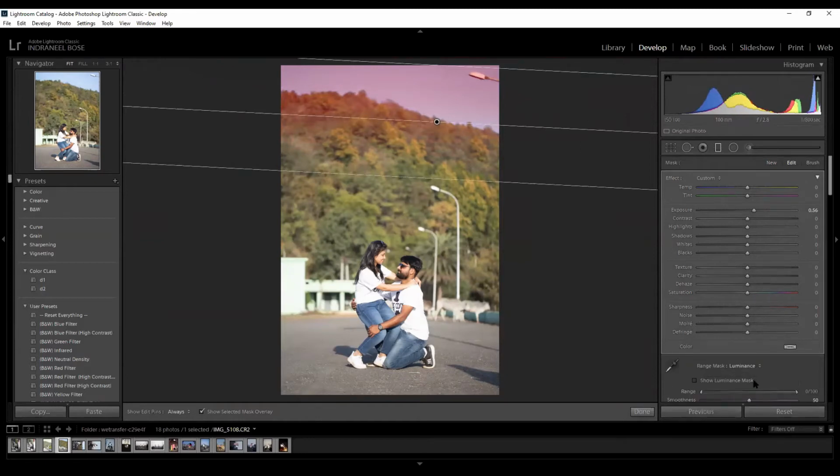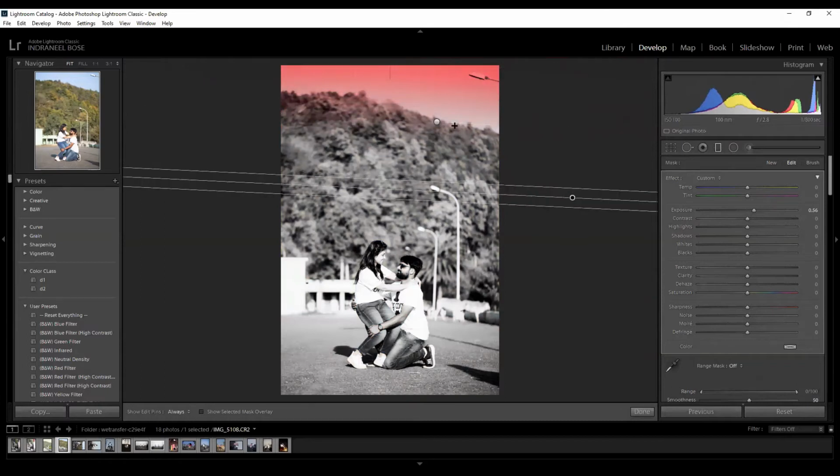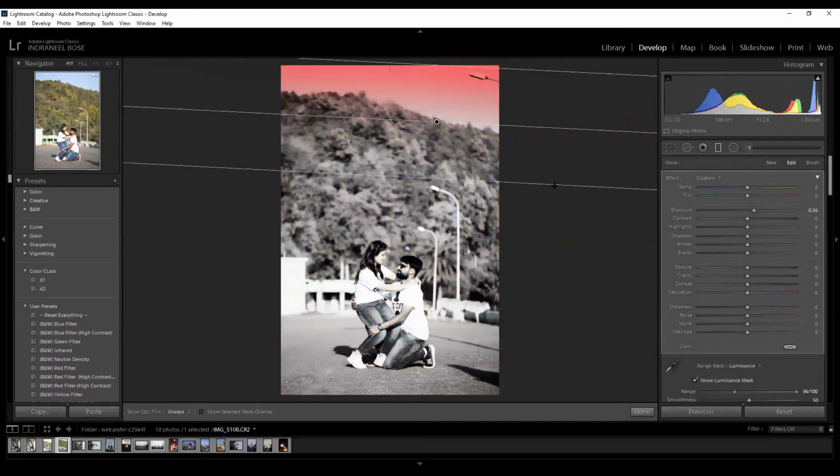Let's try with the luminance mask first. As we have the white point very predominantly and strongly inside, we can easily get the luminance very strongly over here because we have a very stable color there. So instead of using a color mask, we can always use a luminance mask over here.